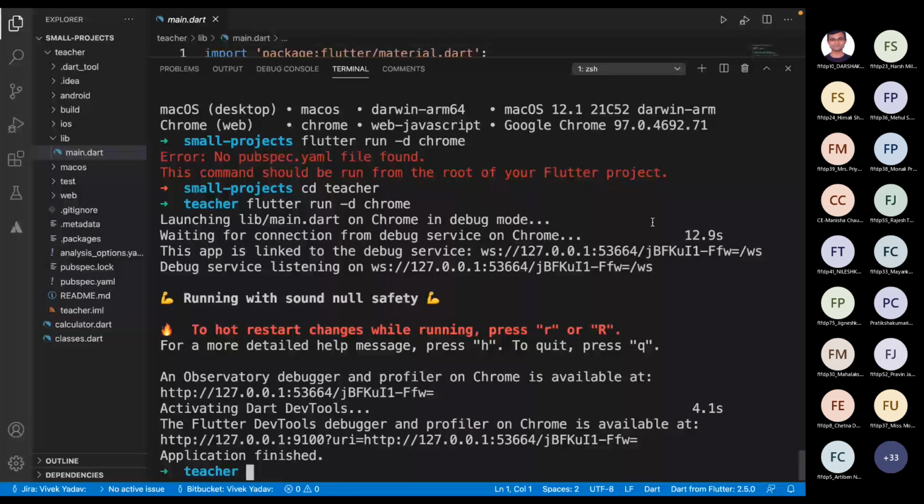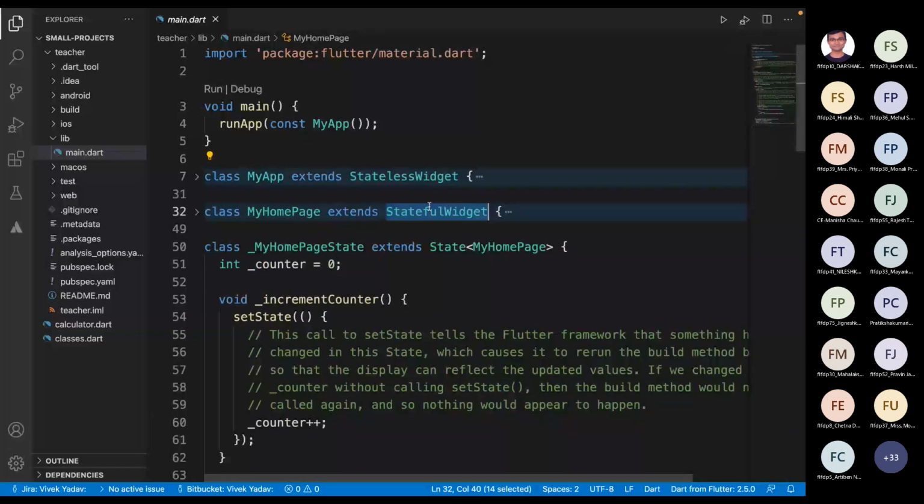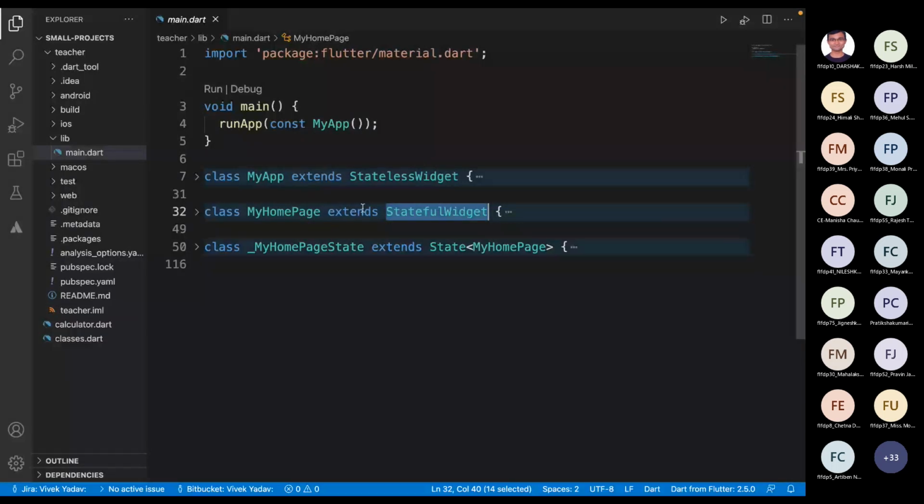I guess we are all familiar with stateless and stateful widgets. Is it covered by Drumil? Yes, sir, that's covered.